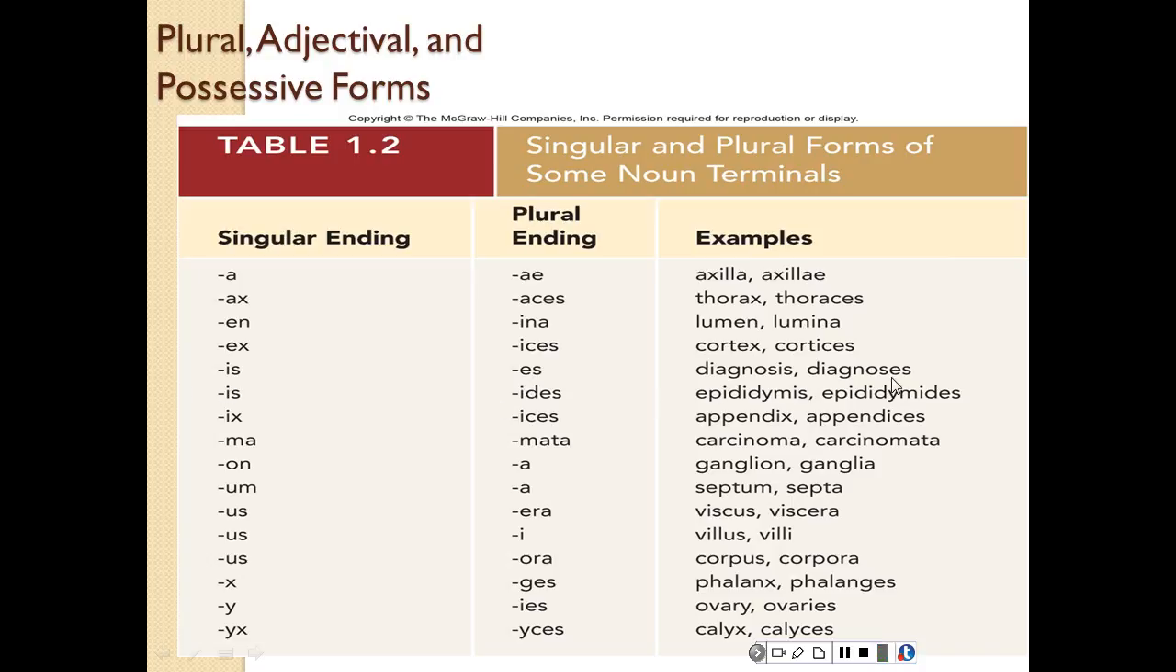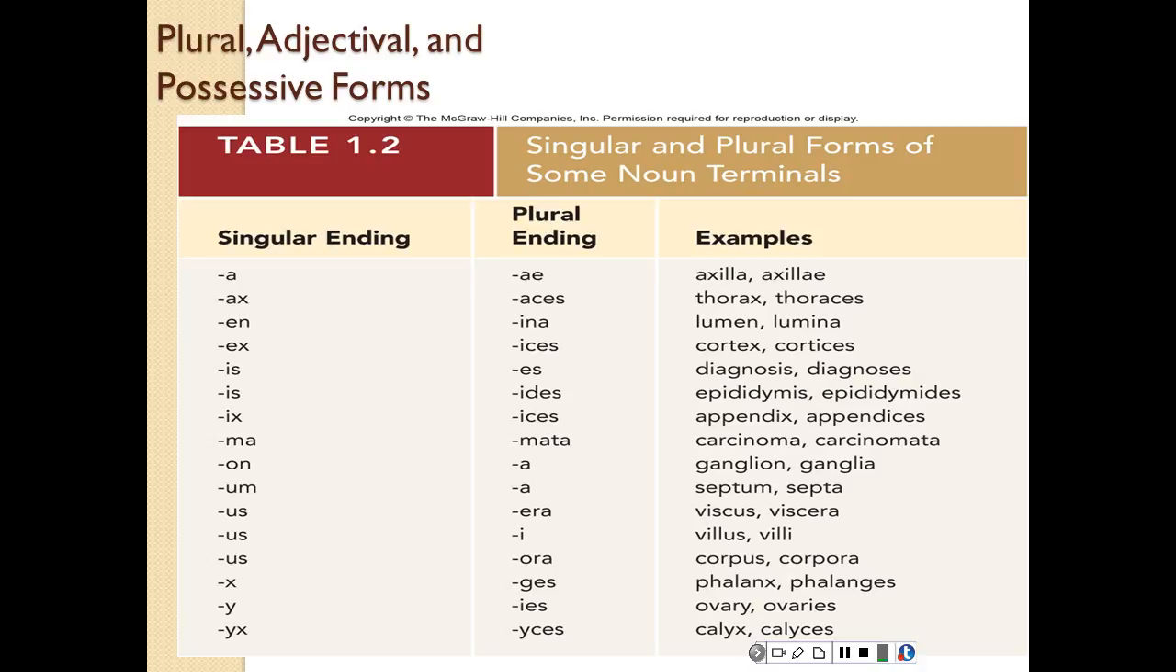Diagnoses is more than one. We have sarcoma, all those ending in MA. Sarcomata, meaning more than one. Septum, dealing with one. Septa, dealing with two. So the heart has two septa, but it has an